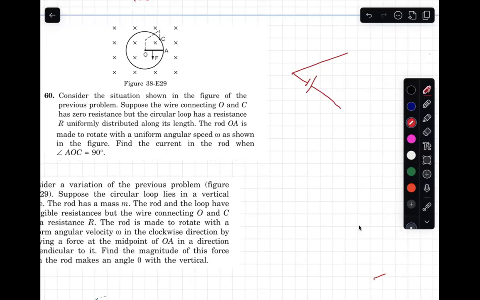O to C, it's a conductor. C to A, R/4 on one side, on the other side. Yes or no? So what is R effective now? R effective is